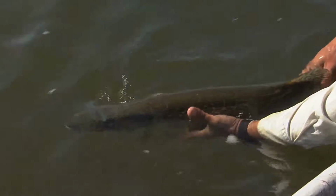Yep. Just letting them get some water and some oxygen. He gave us a tussle there. He's had a lot more hook pressure than